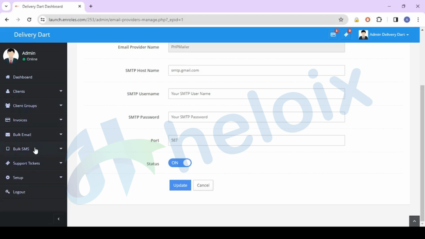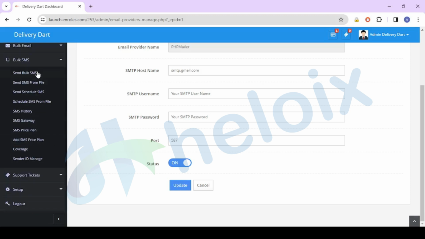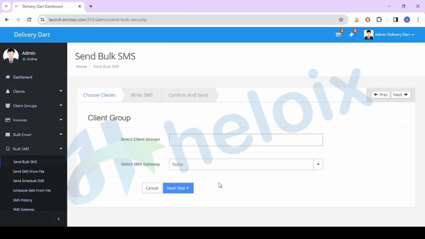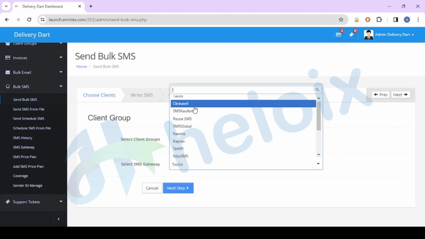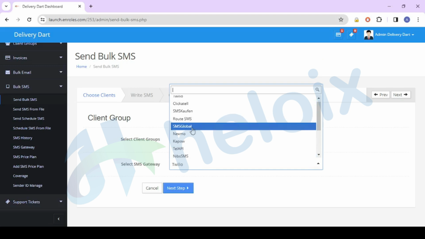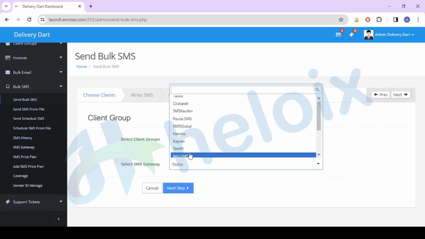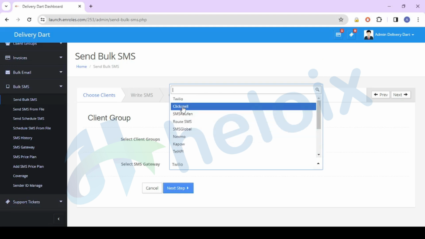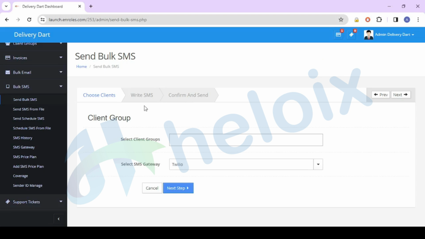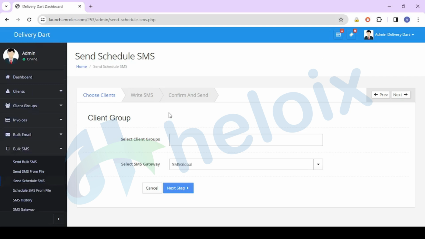After that, this is for SMS. If you want to send in bulk, then you can send it in bulk as well. In the last, here you can select the gateway like Nextmove, or we have Twilio, Infobip, ClickTell, so you can use those. After that, here you can check scheduled SMS. Here you can schedule as well. You just need to add a client, search, go to the second page, and then confirm, and it will be done.